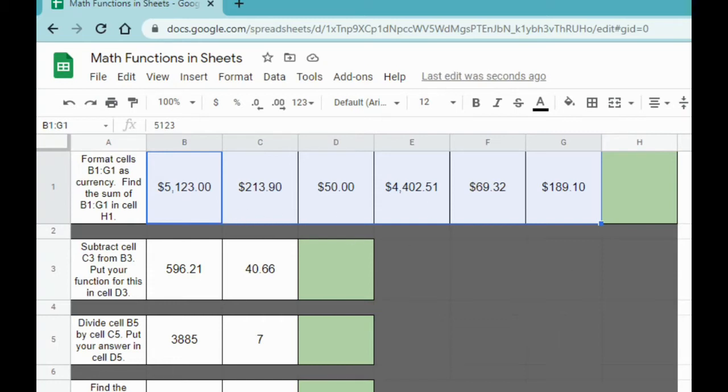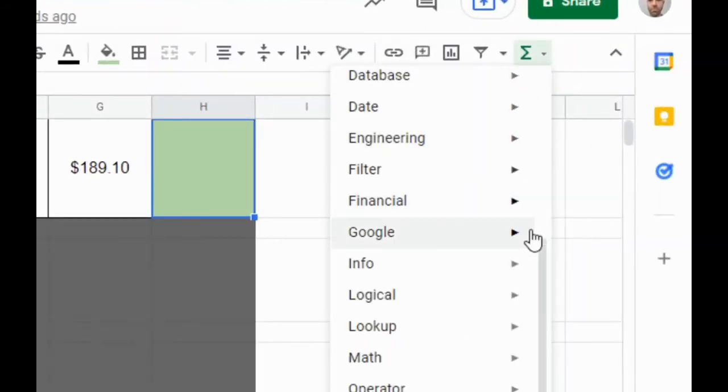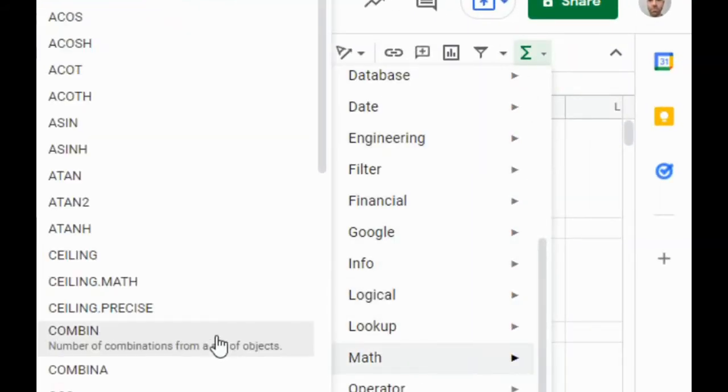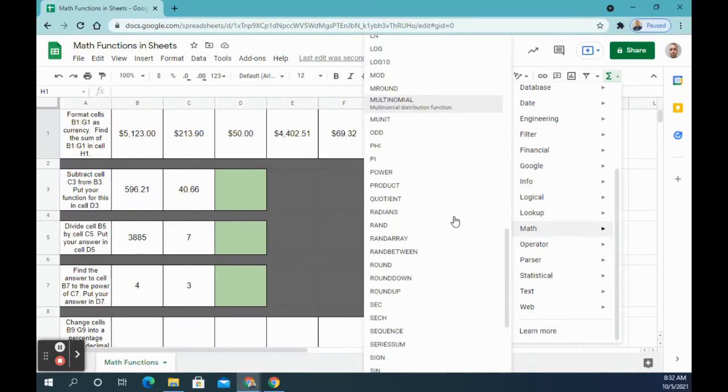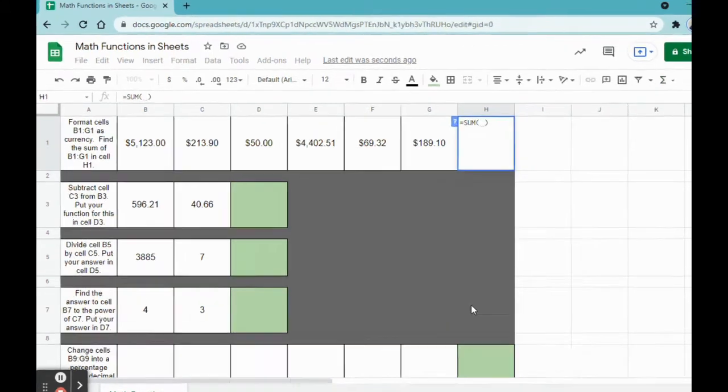Now we need to find the sum of them. It says find the sum of B1 to G1, and we want to put that in cell H1. So that is this light green colored cell. There are a couple different ways we could do this. We could click on cell H1 and then go to functions, and go to math, and go down to sum. It's in alphabetical order. So you could find sum, and now